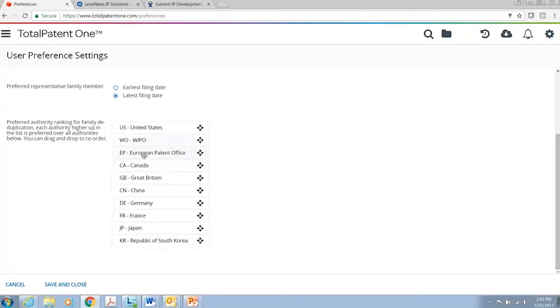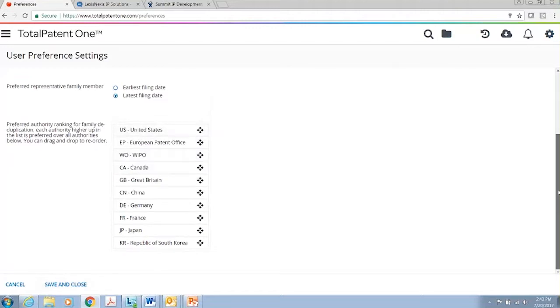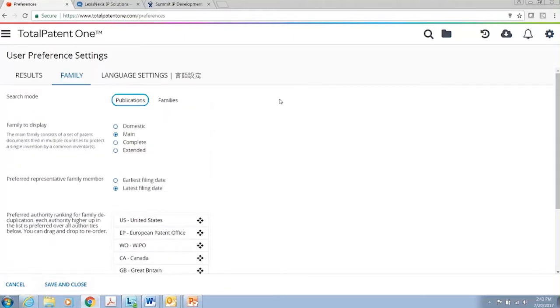And again, everything in here we've made very easy, click and drag. If I want EP at the top, then WO, then US, I could do that. If I want to put it back to the way I had it, I can do that. You click Save and Close, and it would automatically update and save your preferences for you. One of the other things that we're doing